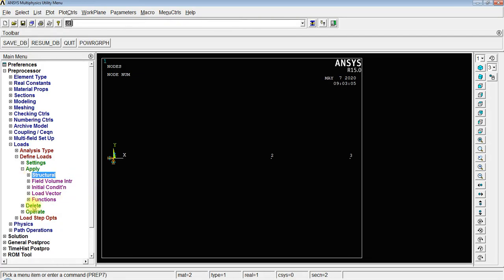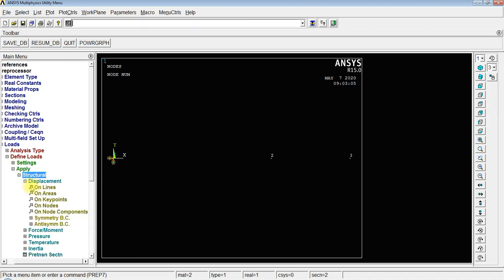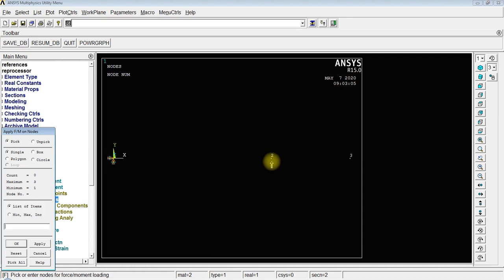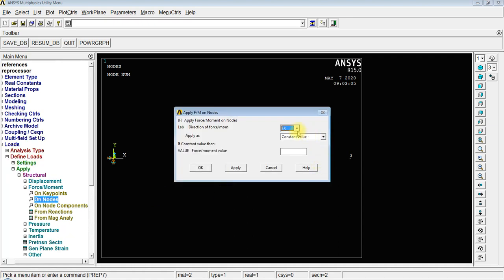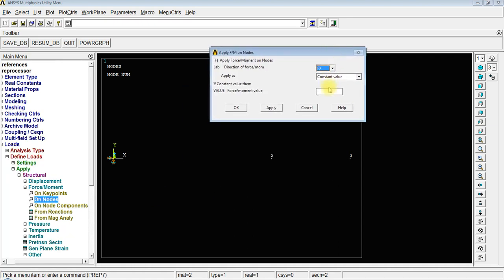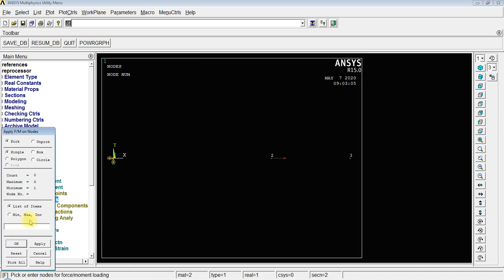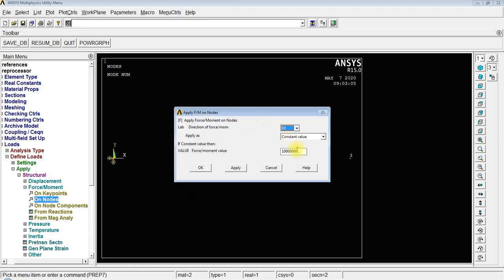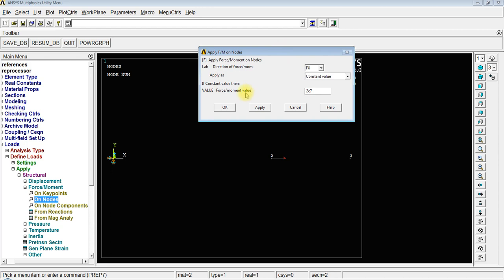On the second node, structural force on node, load in x direction is 1E7. Apply. On node 3, we will apply 2E7. Okay.